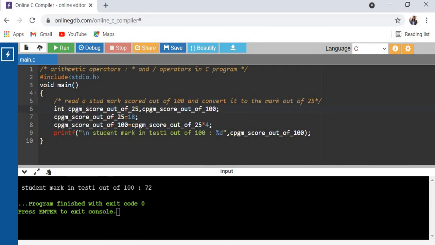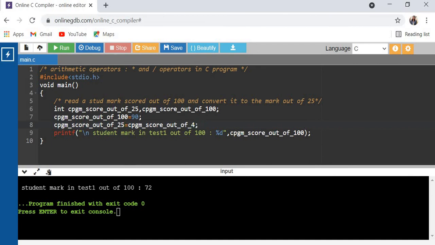Out of 100, if the student has scored 90 marks, now we want to convert that to 25. Out of 25, how much he scored in C program, we want to find out.